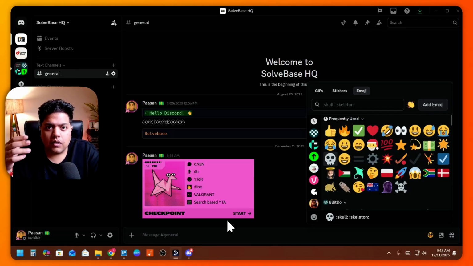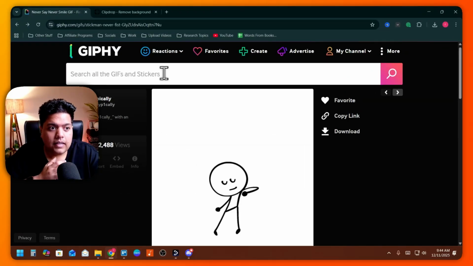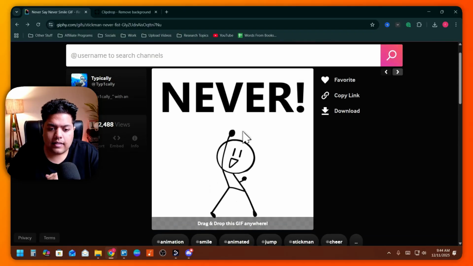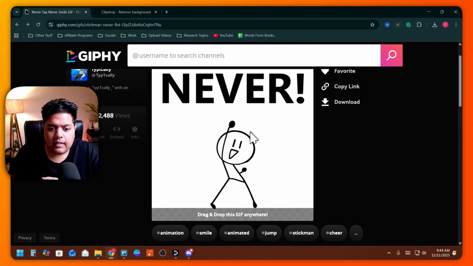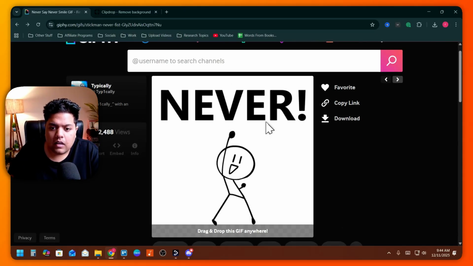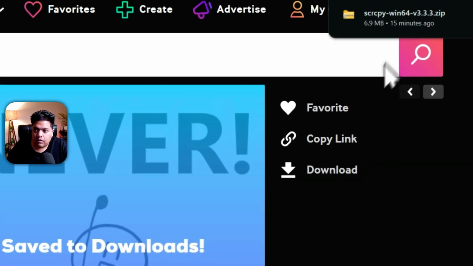Now, maybe you're wondering what I can add as an emoji. You can add either an image or a GIF. I'm going to go to Chrome. This is a great site to find GIFs. This is giphy.com. Let's say, for example, this is the one which I want to add as an emoji. I like this person here and I want to cut it out and add it as an emoji to my Discord server. In order to do it, I'm going to press on this download button in order to download this